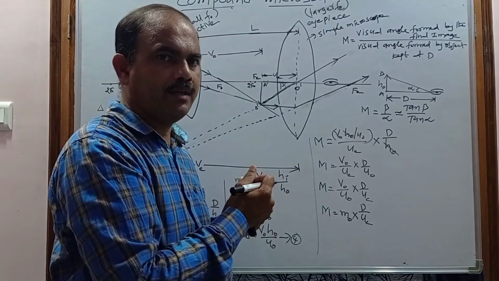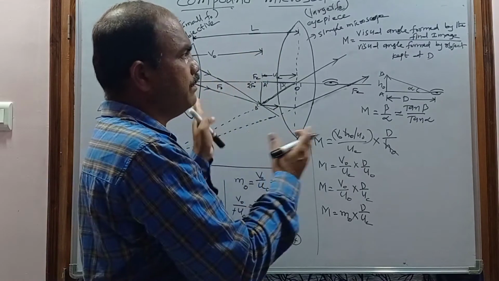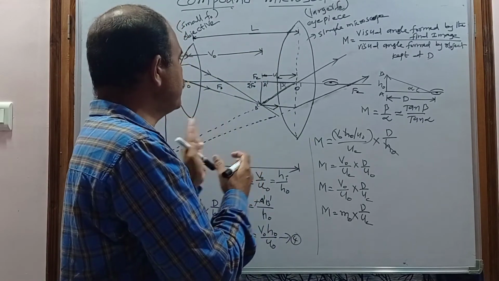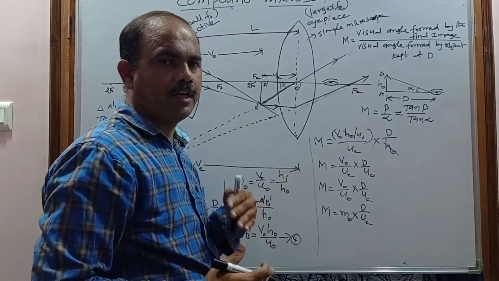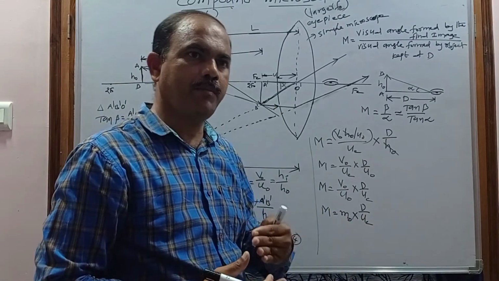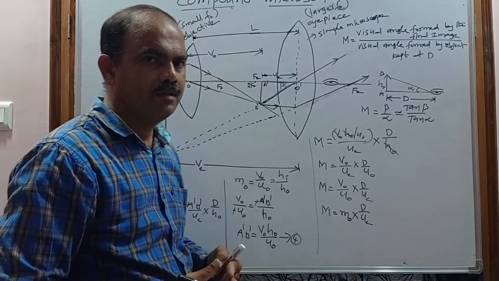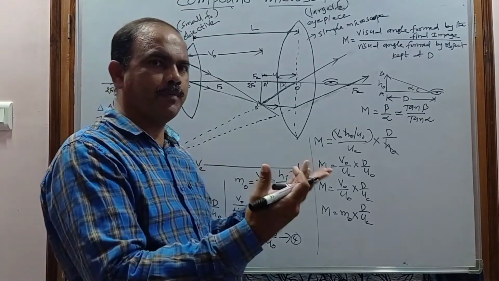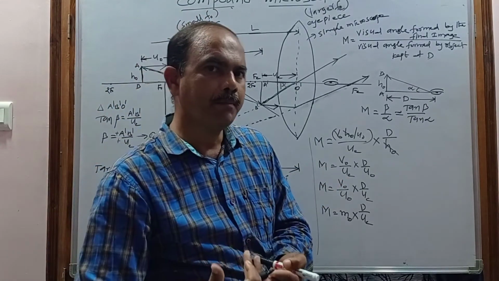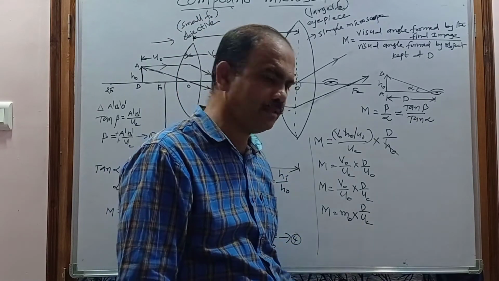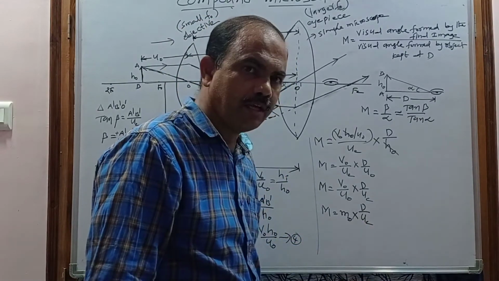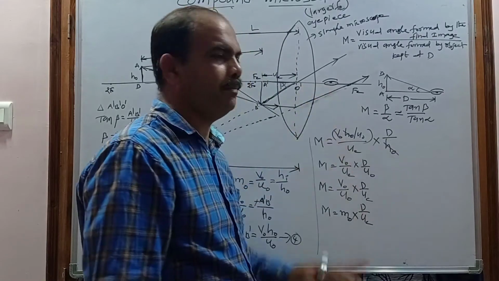So that's why, by adjusting the distance between the objective and eyepiece, the final image can be formed at the near point and the final image can be formed at the far point. And the magnifying power may be maximum, or the magnifying power can be minimum. That can depend upon what? This u suffix e, the object distance for the eyepiece.